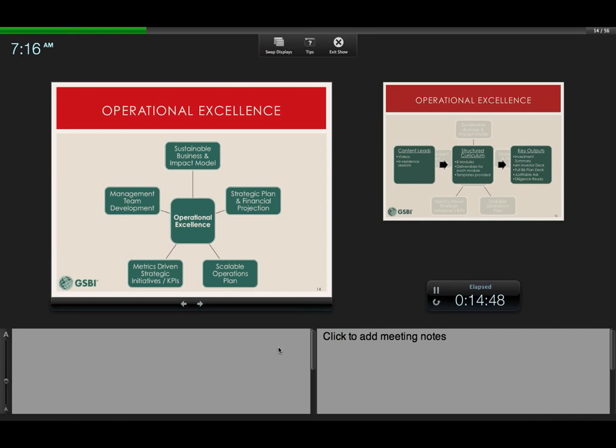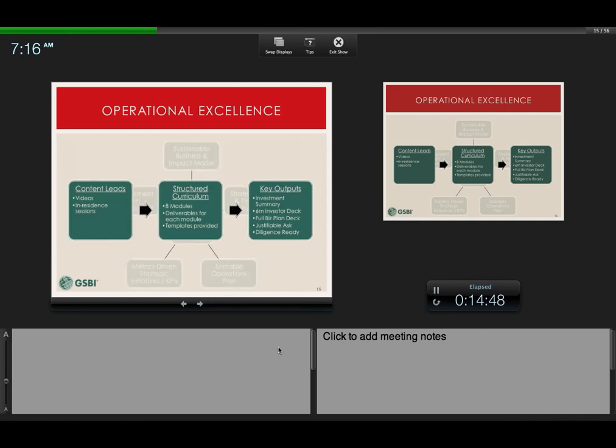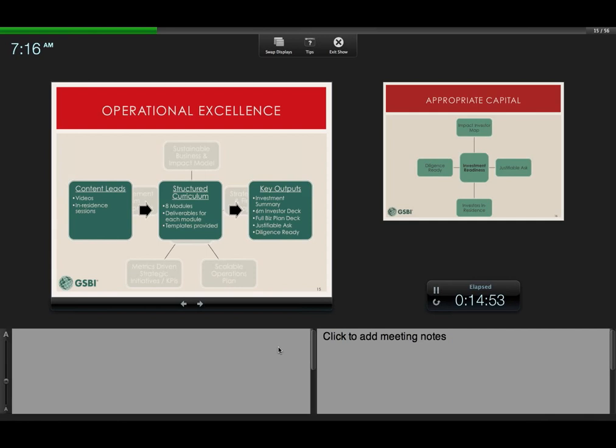And bringing those all together really is how we see that being defined. And in practice, what that looks like is we have several content leads for each of those areas who are going to be delivering videos that will be available to you throughout the program. They're also going to be delivering in-residence sessions in August. And then we have structured curriculum where we've divided it into 8 modules and several deliverables, all with templates provided